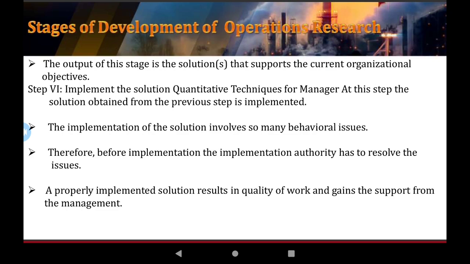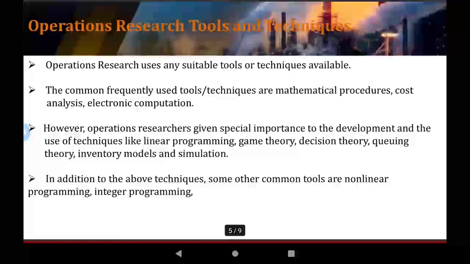This is the step for testing the quality of the work, and testing for good solutions. Quality of work, and gaining support. Operation research also provides management support. Operation research tools and techniques: some of the tools and